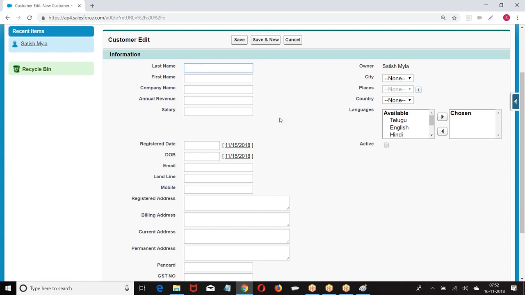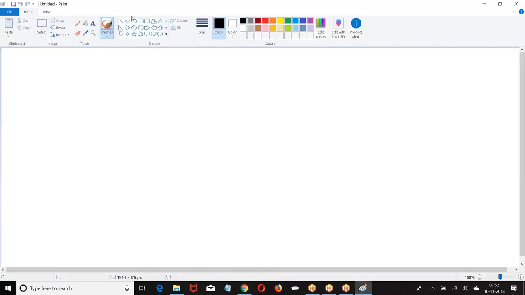I said customer. A customer can be a company or a customer can be a person. But both data are stored in a single table, because it doesn't matter to me whether you are a company or a person, you are a customer to me. So I am holding your data in the same table. Now, how has this object to be displayed to you? So, the UI part of the story.